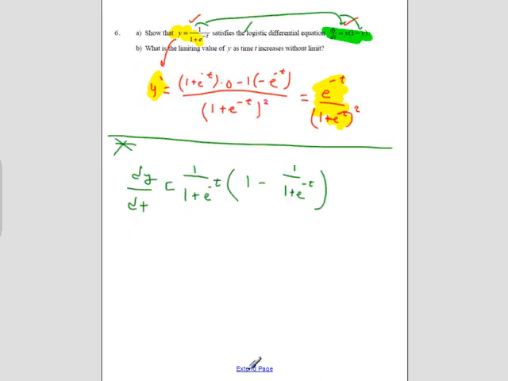And now we're going to simplify this a little bit. So we're going to get this over a common denominator. So that's 1 over 1 plus e to the minus t, 1 plus e to the minus t over 1 plus e to the minus t, that's just 1, minus 1 over